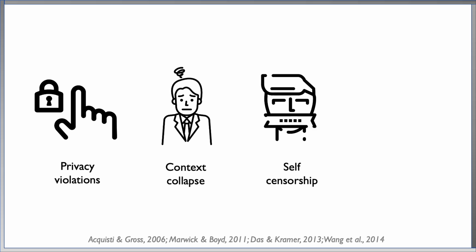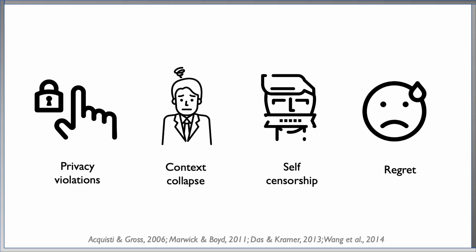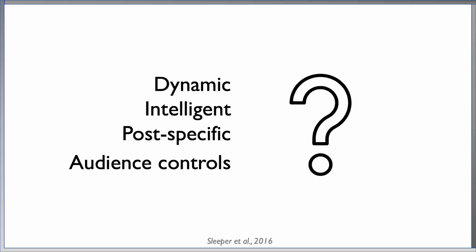Another strategy is self-censorship. Prior work found that people censor more on social media when their audience is hard to define and when the relevance of the content they would share is much narrower. Lastly, users also experience regret for sharing content that might be inappropriate to some parts of their audience. Owing to these challenges with static audience selection controls, prior work suggests that there is potential utility in designing dynamic audience selection controls, those that better align users' actual and their imagined audience.